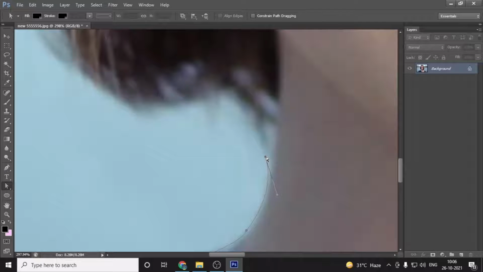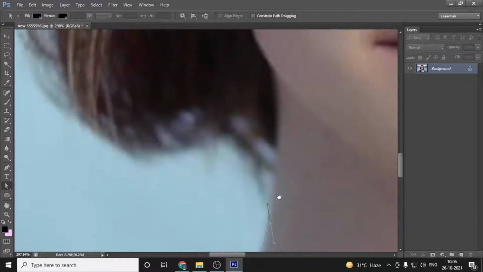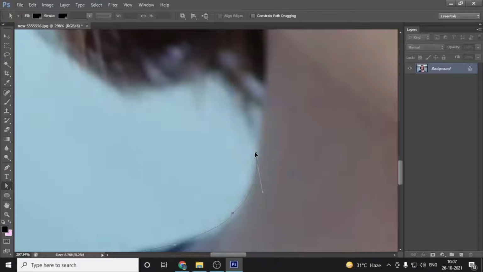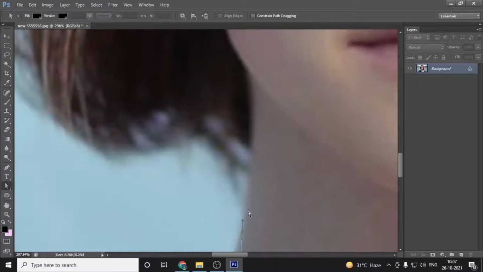Press A. By A you can put your curve in the right position. Press P once again. As I said, how accurately you want. A once again. P.